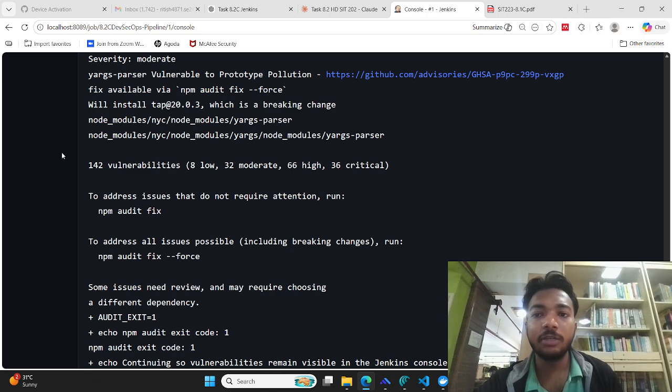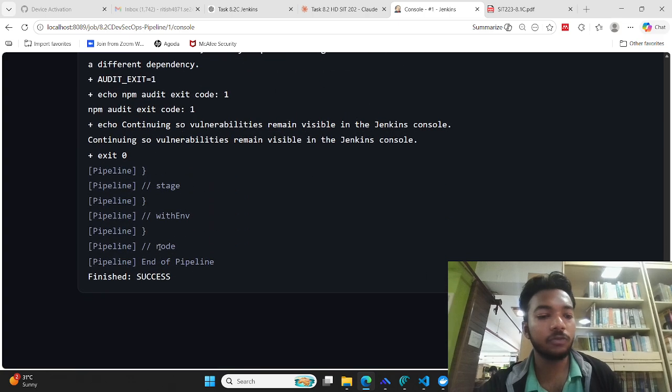This clearly shows that the vulnerability scan worked correctly on the intentionally vulnerable project. Even though vulnerabilities were found, the pipeline was configured to complete successfully so that results remain visible in the console output. At the end, Jenkins shows Finished: SUCCESS, which confirms that the full pipeline executed successfully.